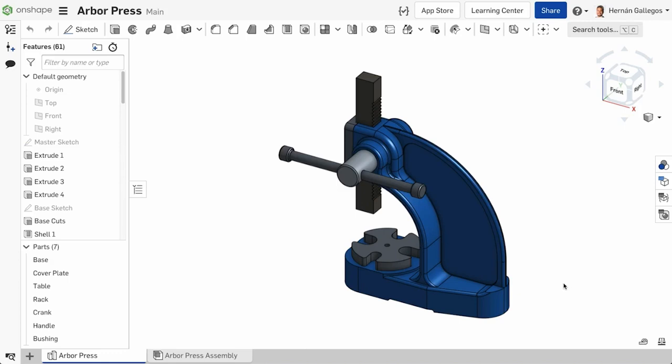Now let's discuss creating a branch. The first and most important thing to remember when branching to create a new workspace is branches must be created from established versions. You cannot create a branch from a workspace. This means if your document doesn't already have a version, you must create one.